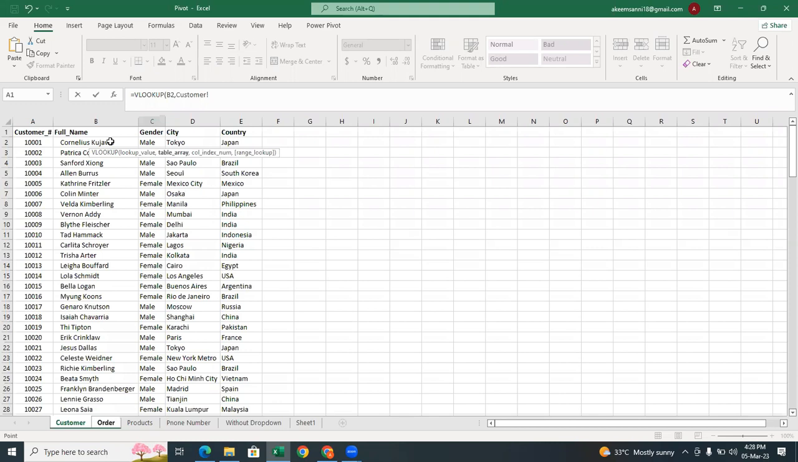Now notice, VLOOKUP only looks from left to right. It is a one-way lookup. It looks from left to right. So if you are using VLOOKUP to look from right to left, it's not going to work. Your lookup value must be at the left, and the result must be at the right. Did you get that now? So my lookup value will start from